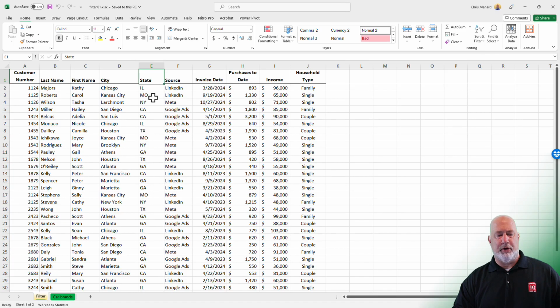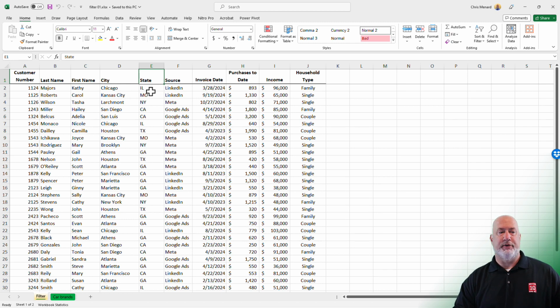When you filter data, you only want to see a certain portion of your data. When you sort data, you want to see all the data, but put it in a particular order. As an example, we could sort by departments for employees, A to Z. We could sort by last name, A to Z. When you filter, maybe I only want to see people that are in the marketing department, or maybe I only want to see people that are in the European region. That is a filter. I'm on this very first worksheet called Filter.